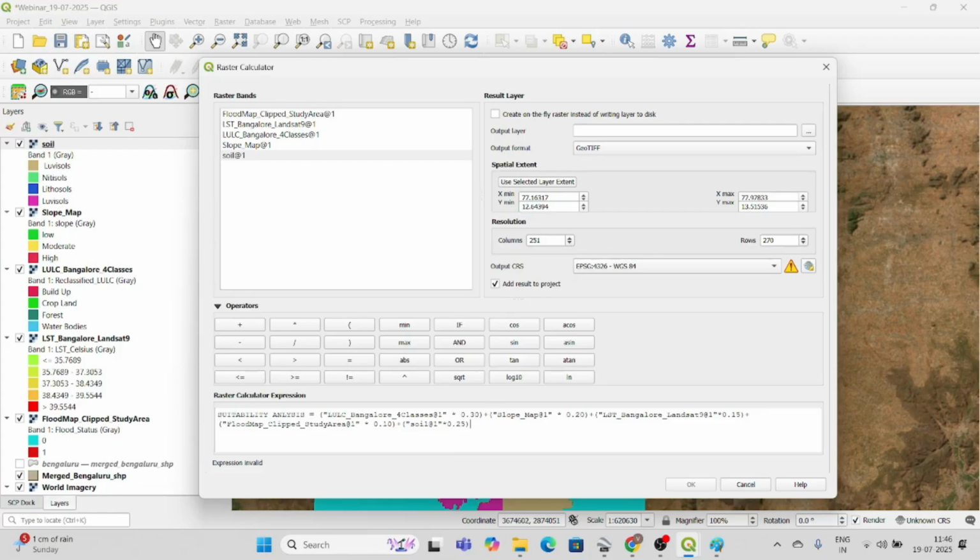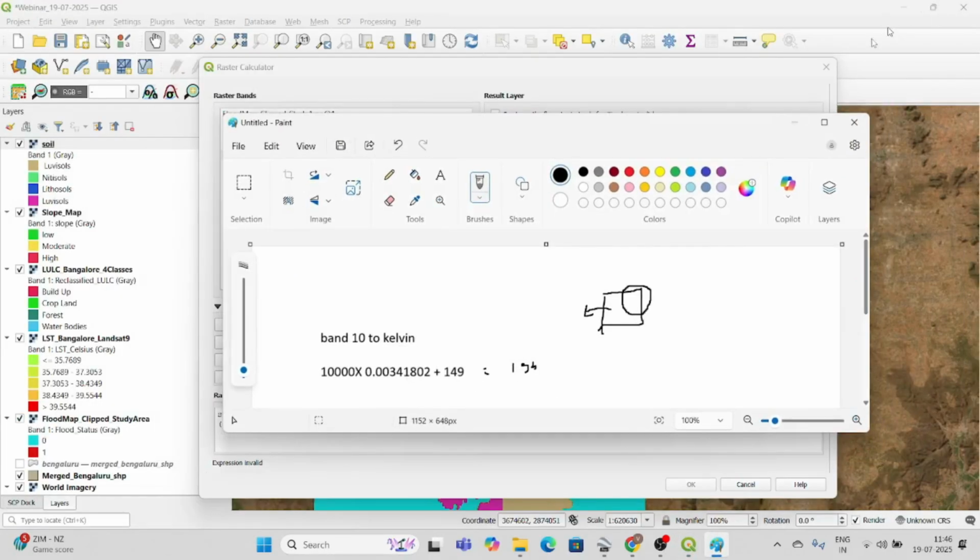I'm closing the bracket. Now I'm going to verify what I had given: LULC multiply by 0.30 plus slope multiply by 0.20 plus LST 0.15, and next plus flood map into 0.10 and soil 0.25. You can also compare this.